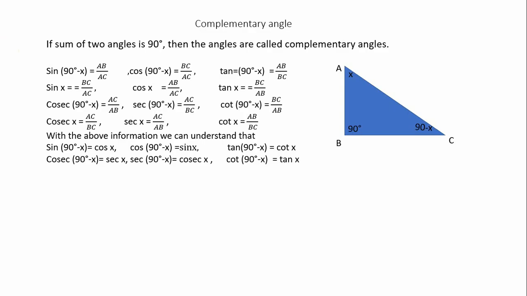Good morning, children. In this video, let us discuss the complementary angles in a right-angled triangle. It is a little bit confusing at first, but if you try to understand, definitely you can do it. In the coordinate axis, you can divide the graph into four quadrants: first quadrant, second quadrant, third quadrant, fourth quadrant, in anti-clockwise direction, not in the clockwise direction. You already know from your earlier classes what is meant by the first quadrant.